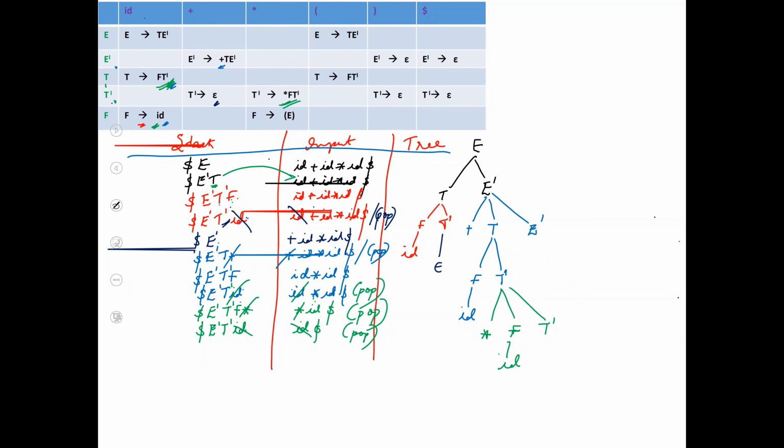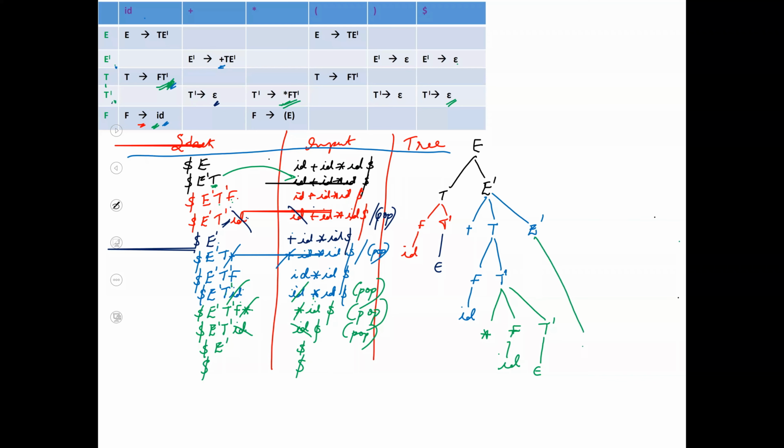Okay. Now I have T dash dollar. T dash encountering with dollar means very simple. The T dash I have, make it into an epsilon. So I write over here E dash, T dash became an epsilon. Okay. The next I have E dash dollar. E dash dollar, which means replace E dash also with epsilon. So, I have an E dash somewhere over here.